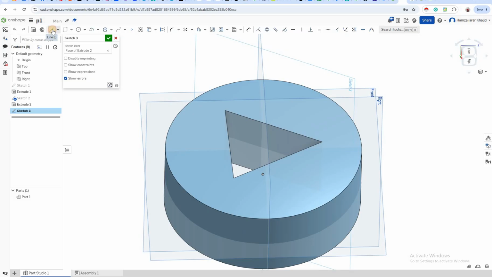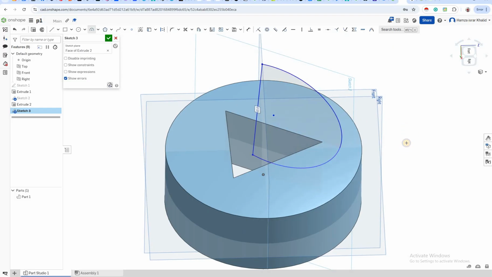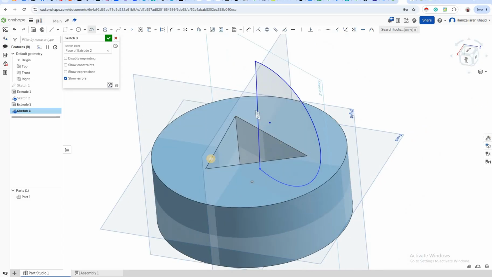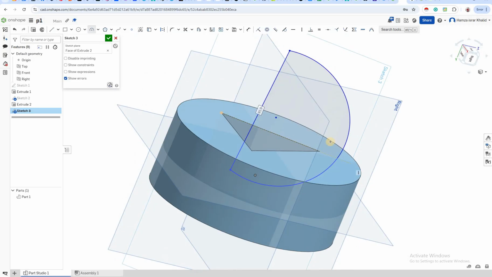Let's see if I can draw a line here like this, and I am going to click on 3-point arc and select these two nodes and just drag this thing wherever I want. So now we have drawn this on this face of this shape. So it's very simple. Now if we want to extrude this thing, we can do that, but I want to